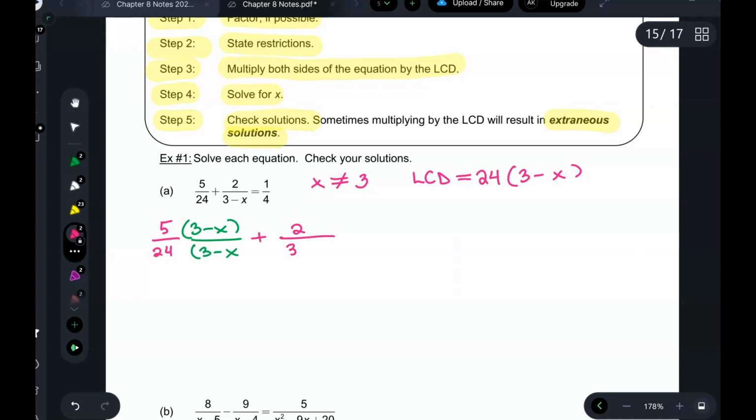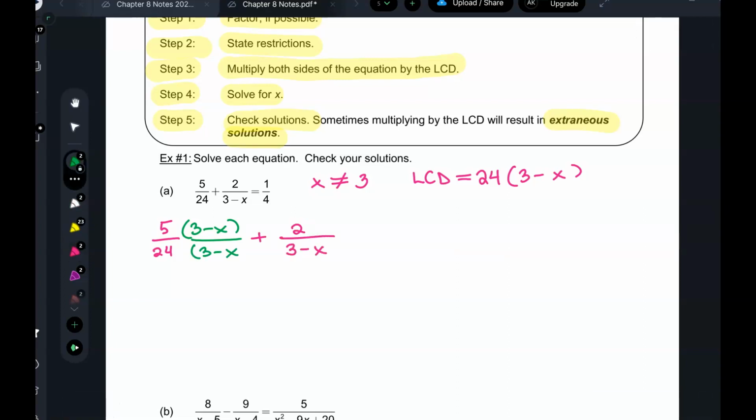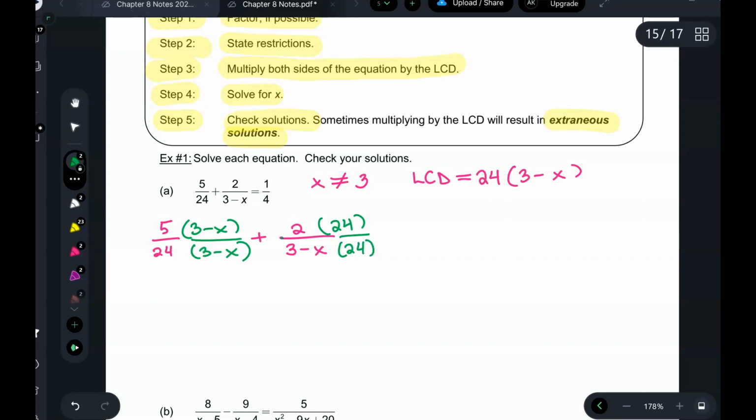Plus 2 over 3 minus x. What do I need to multiply this by? 24. So I'm going to multiply 24 and 24. Equals 1 over 4 has to get multiplied by,